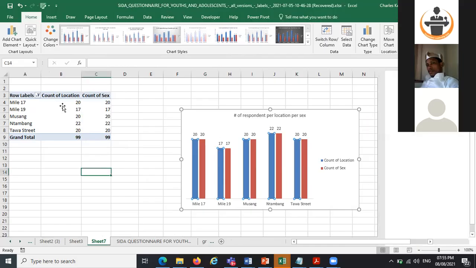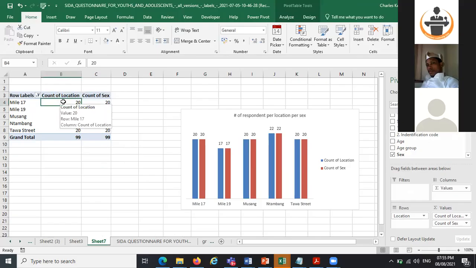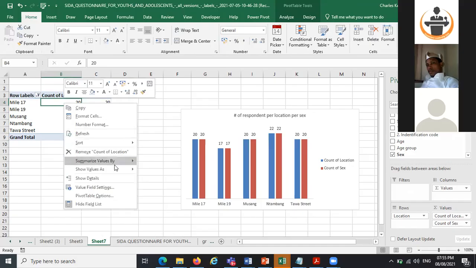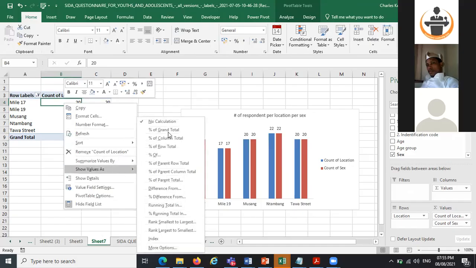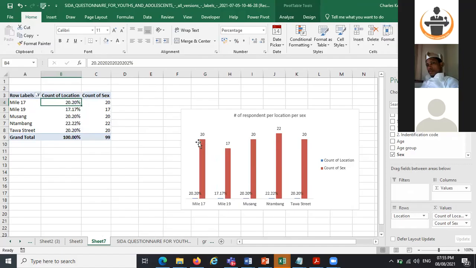I'll come now here when I'm having any of them, I'll right click, since all of them are count, you see it's the same because they are on values and on counts. I'll right click anywhere here and I'll take show value as percentage of grand total. You see that's it,